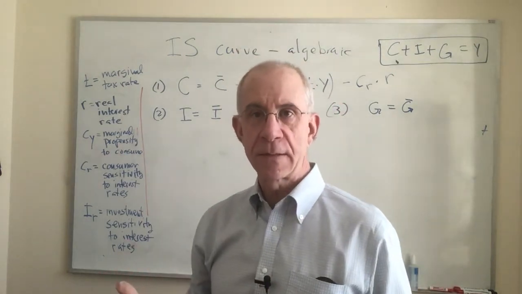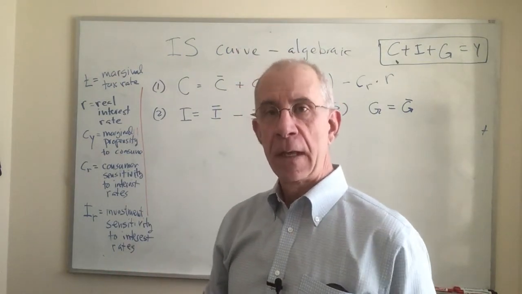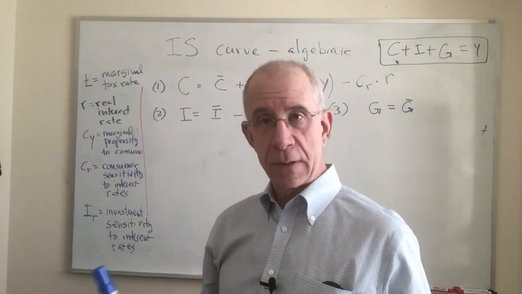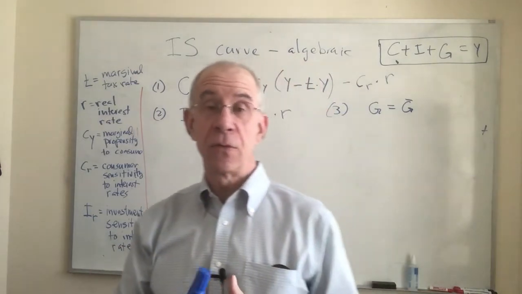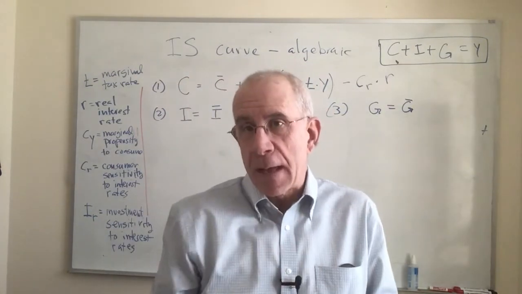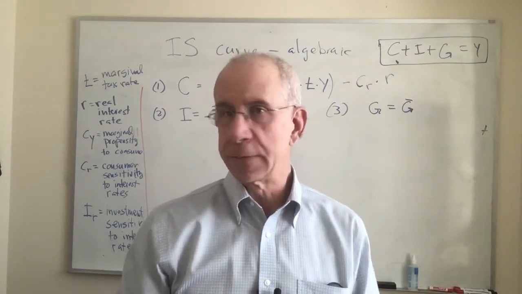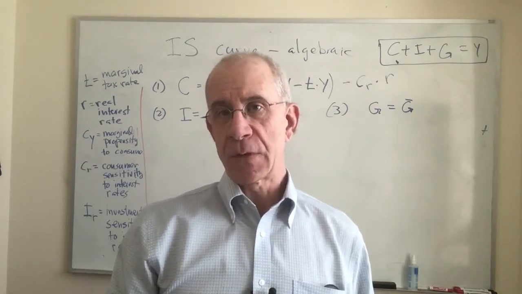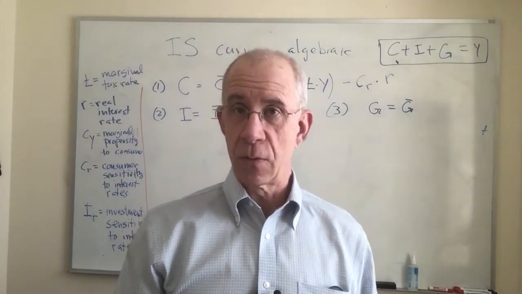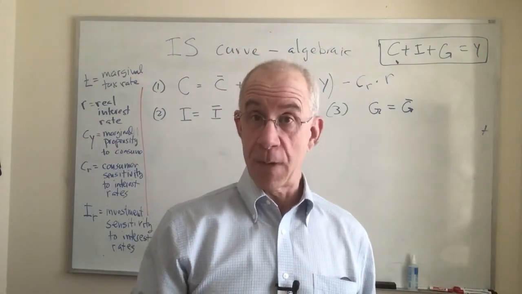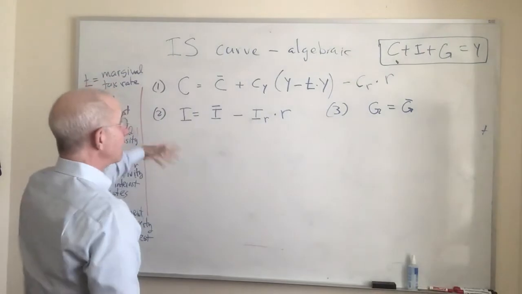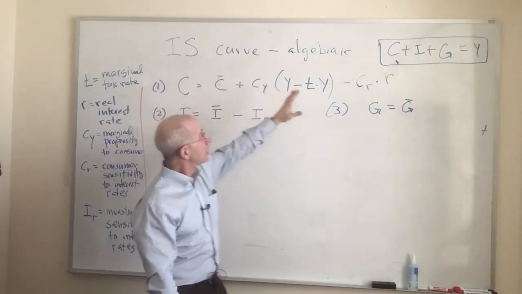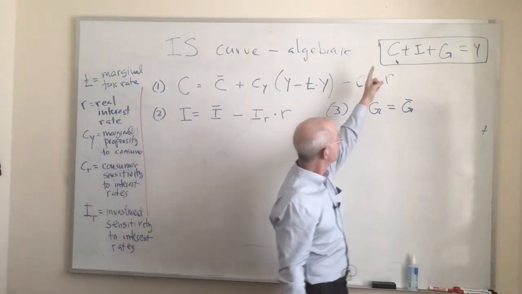We've already discussed the IS curve in a purely graphical version in an earlier video, but I want to turn now to an algebraic version. Some people like more algebra, to see exactly how things work. Some people are more focused on graphs, but I want to make sure that you are able to do and understand both. So we have the same relationship that we talked about before, the goods market, where the general version is,